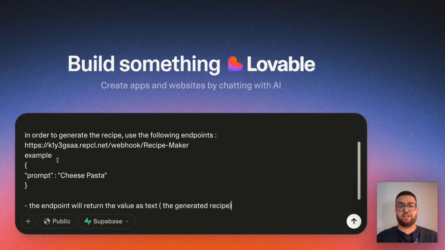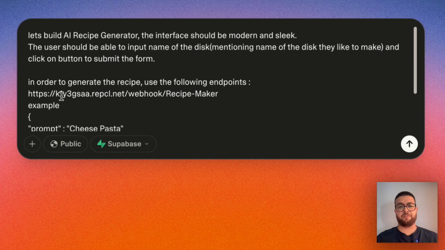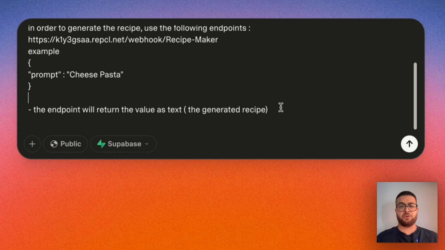What we're telling it in a prompt is that this is what we want, an interface, and these are the instructions, what the function of that interface is, and also how it is receiving the output that is being generated by the backend, which is the n8n.